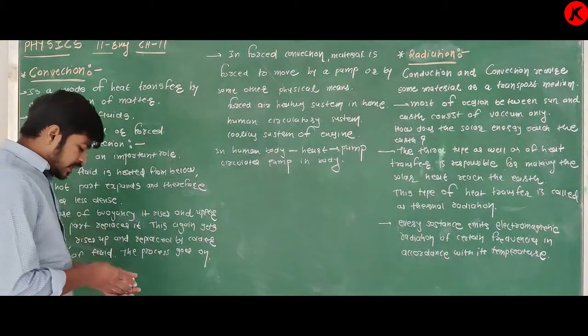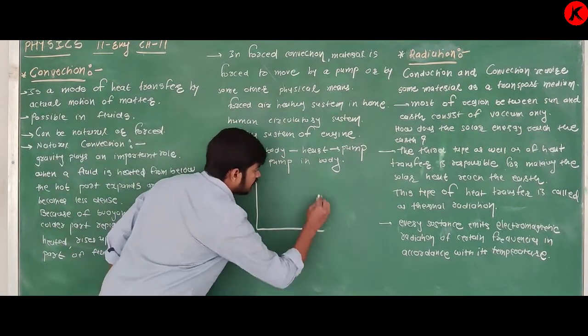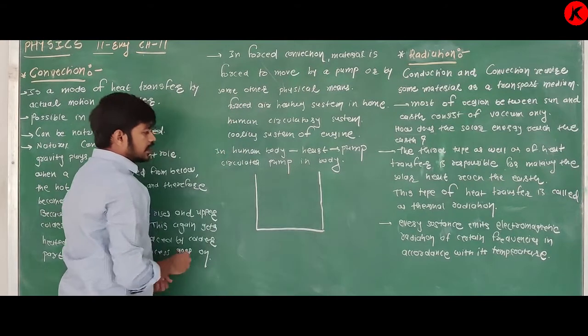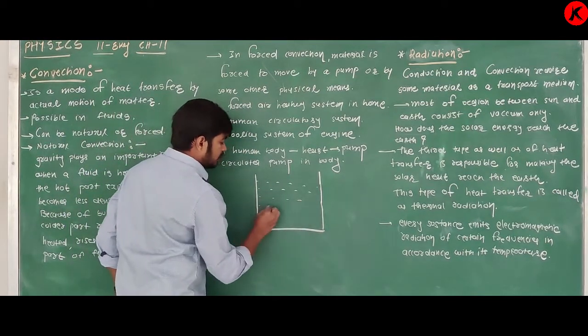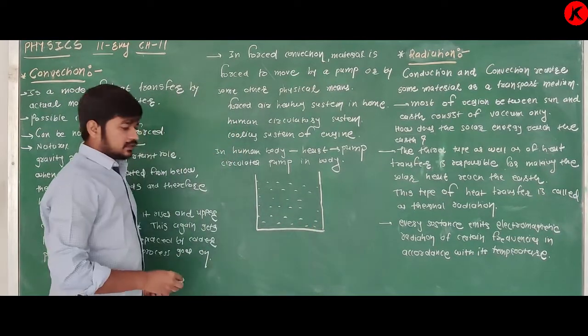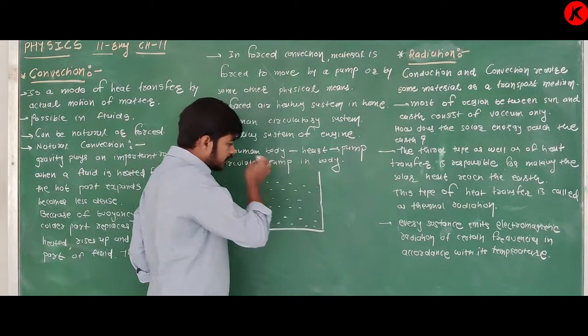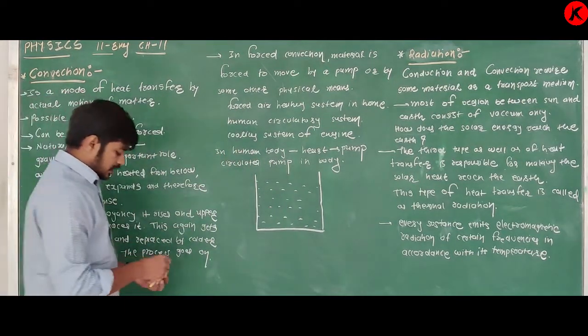How? We are taking one example for this. For example, in a vessel, here it is fluid. Fluid means any liquid or gases. If we give some heat at bottom,